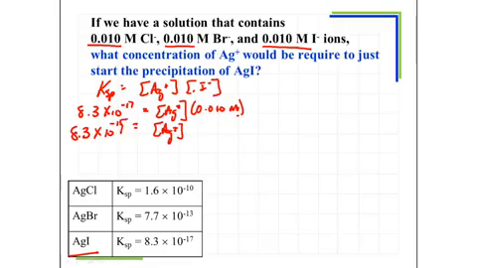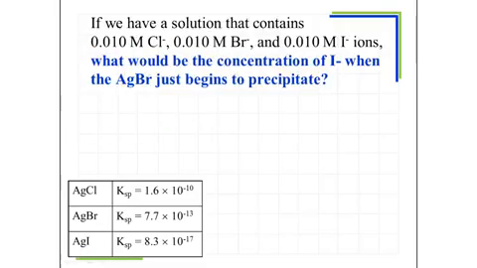So that concentration of silver is all I would need in solution to start the precipitation of the silver iodide. At that point, the bromide and the chloride would not precipitate at all. And that's not very much. So let's expand this even more. Now, the iodide's precipitating, and I keep on adding. And eventually, the next ion in line to precipitate, which is the silver bromide, is going to join the precipitation ranks. So I want to know what would be the concentration of I minus when the silver bromide just begins